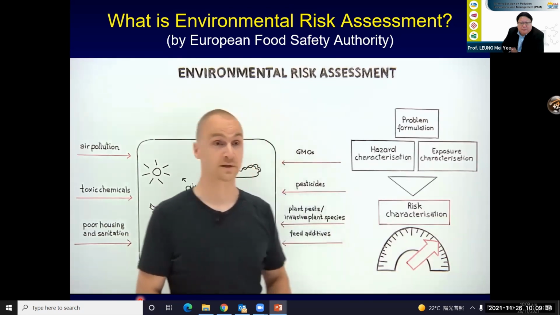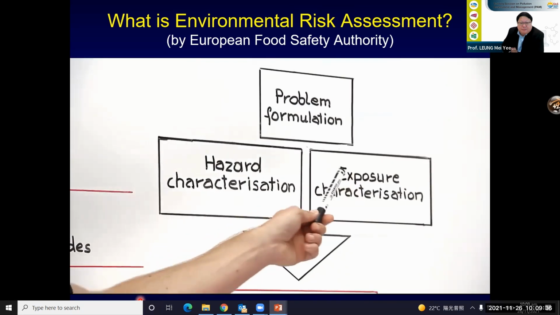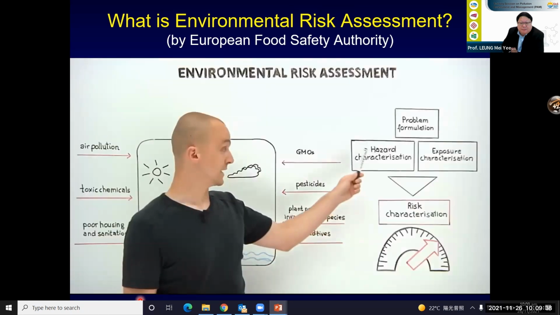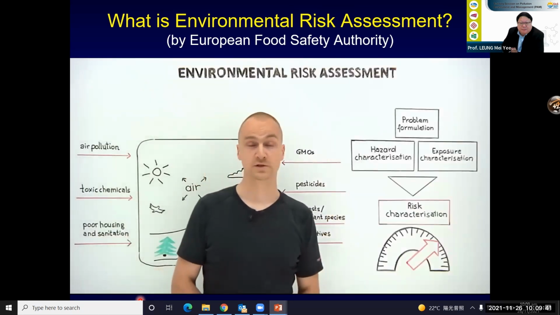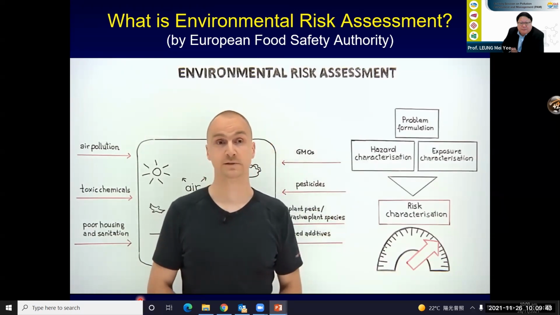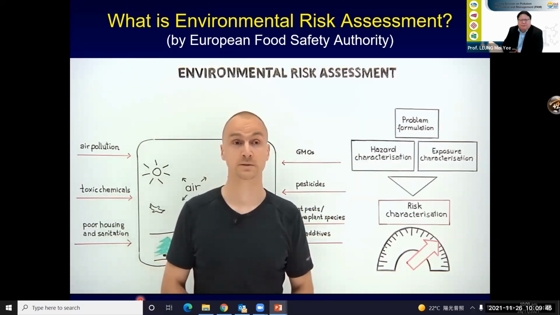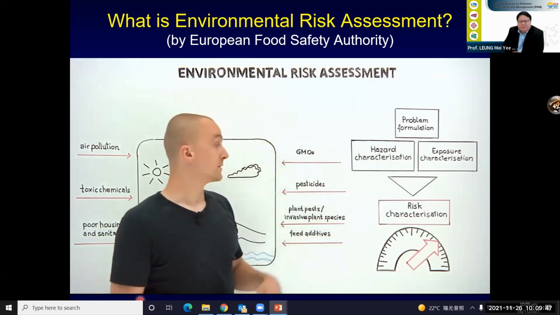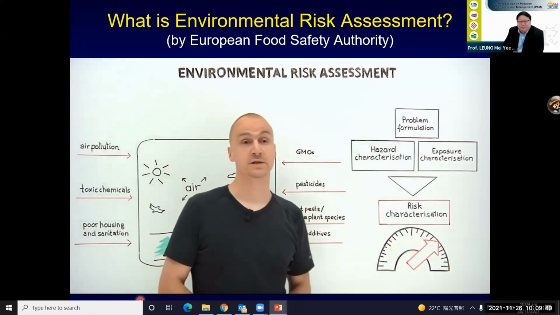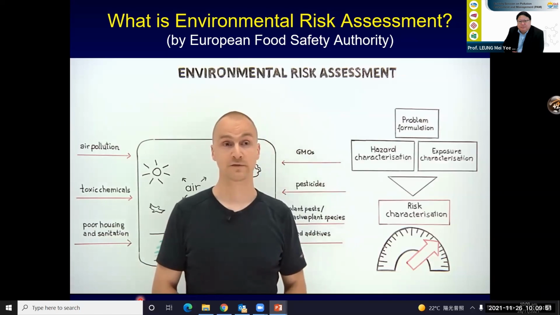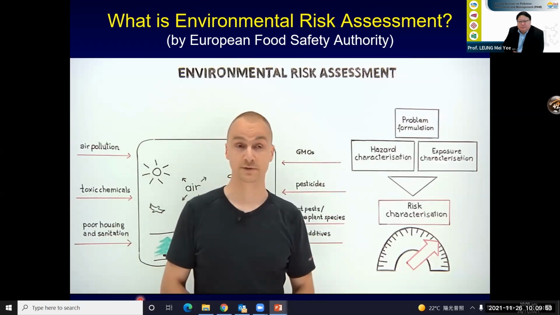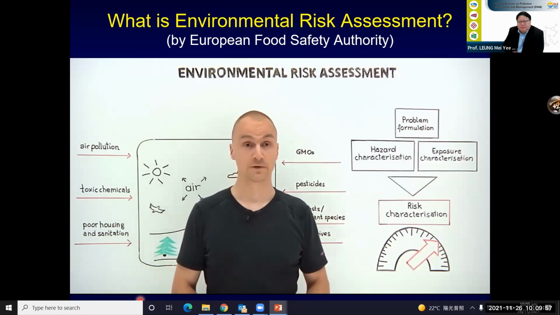Problem formulation is then followed by a hazard and an exposure characterization. In the hazard characterization, potential hazards and the seriousness of potential harm are examined, whilst the exposure characterization considers the likelihood and the level of exposure to the hazard, and thus how likely it is that harm will occur. The final step